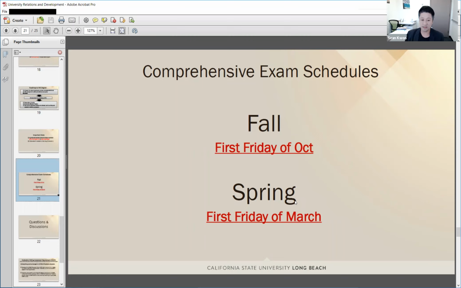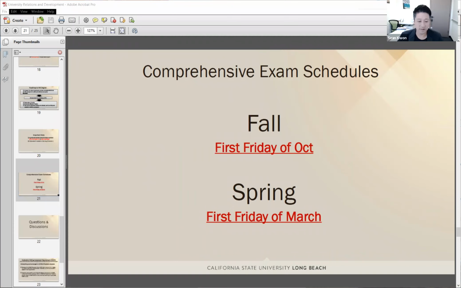We have maintained these dates for at least the past 5 years, and probably more. For fall semester, the comp exam date is always the first Friday of October. That will be sometimes October 1st, sometimes October 7th. In case of this year, the first Friday of October is October 7th.